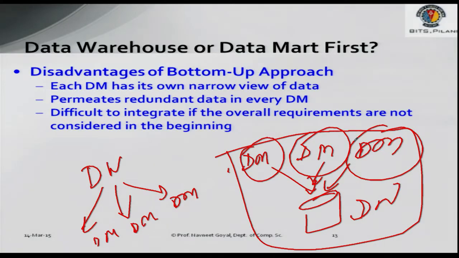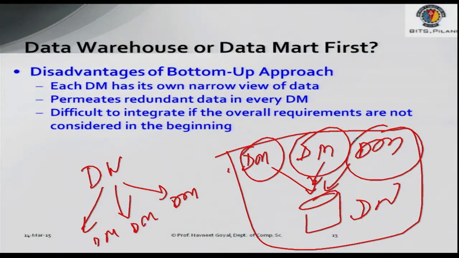Then disadvantages of the bottom-up approach. Each DM has its own narrow view of data, so you don't get the view of the enterprise. So that anyway is a problem with bottom-up. It permeates redundant data in every data mart. So unless you are very careful, you'll find that many data marts would have common data. So that is a problem, and it will be difficult to integrate if the overall requirements are not considered